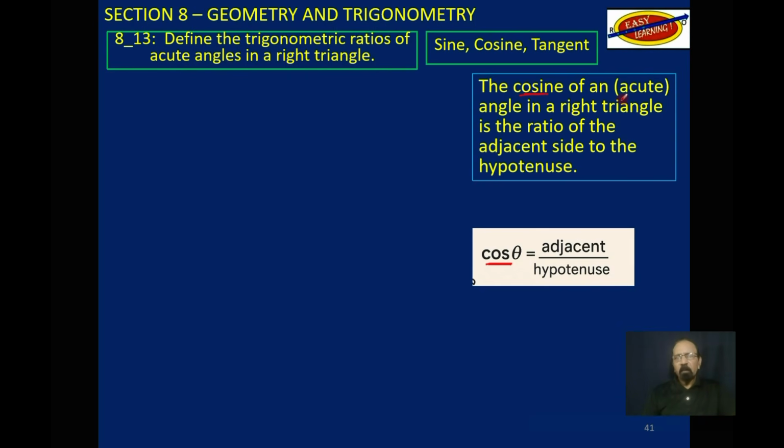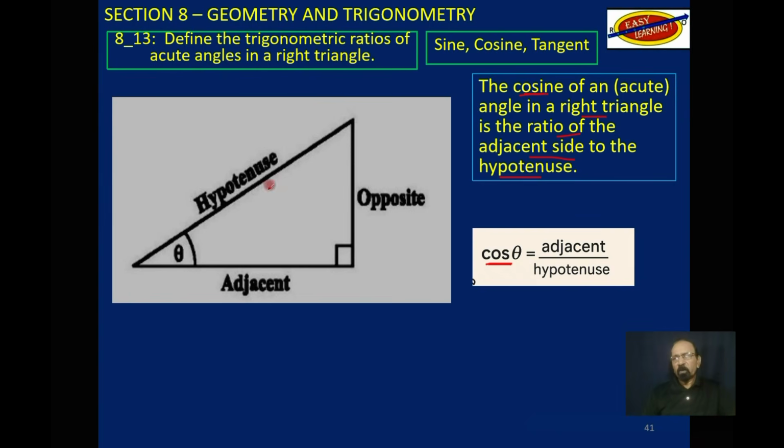The cosine of an acute angle in a right triangle is the ratio of the adjacent side to the hypotenuse. So that is the hypotenuse. It has nothing to do with which angle we are talking about. That hypotenuse is always opposite the right angle. But if we are dealing with this angle here, the cosine of that angle is the ratio of the adjacent